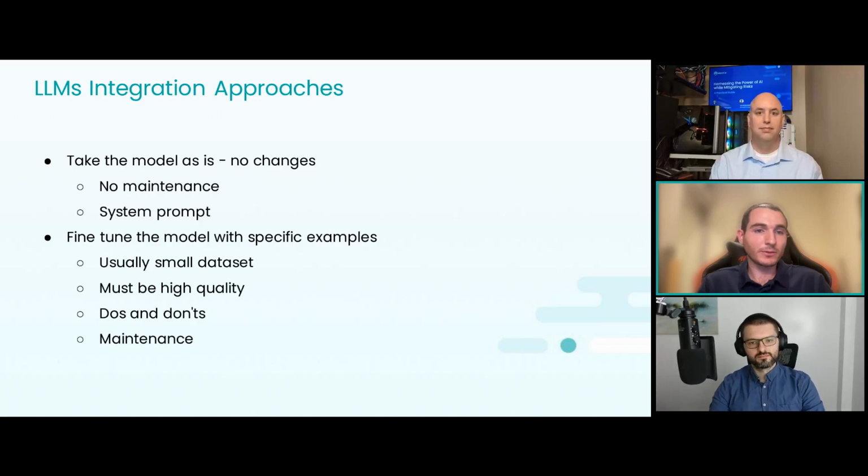So let's kick off with the first one, and it's taking the model as is without changing the model itself. So that means that we have the benefits of not maintaining any changes to the model, and I'll explain later in the other approaches what it means to maintain the changes. And we need to give it some context in order to get relevant results for our task, because these large language models are trained on very generic data, and if we want them to perform a specific task, we need to guide them. So usually we can use a system prompt to